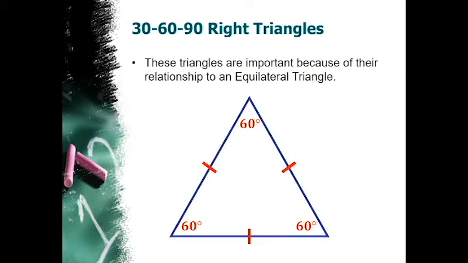Let's focus on 30, 60, 90s right now. These triangles are important because of their relationship to an equilateral triangle. You can see here we have an equilateral triangle drawn. All three sides are equal. All three angles are equal. Each angle is equal to 60 degrees. Now what happens here is